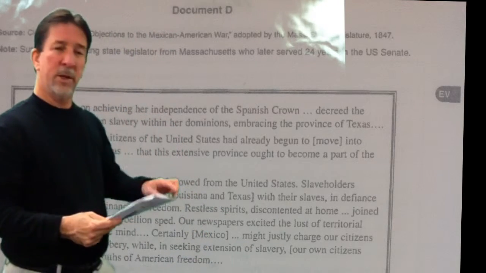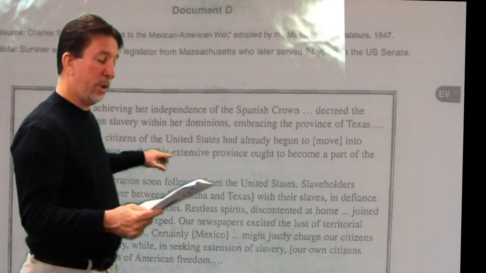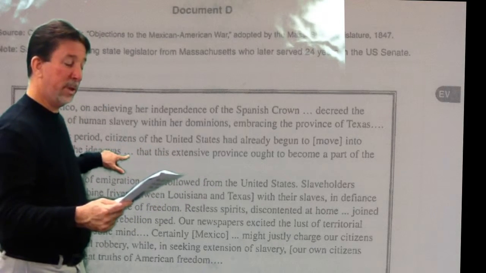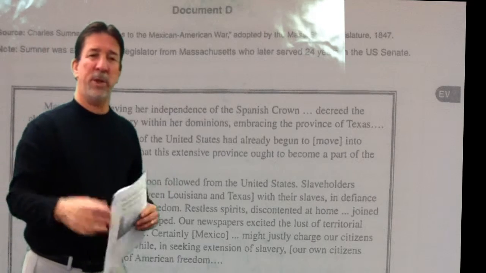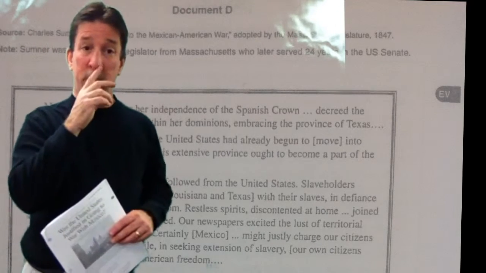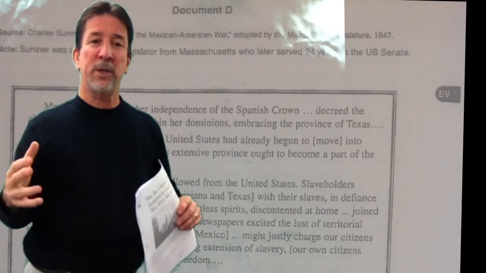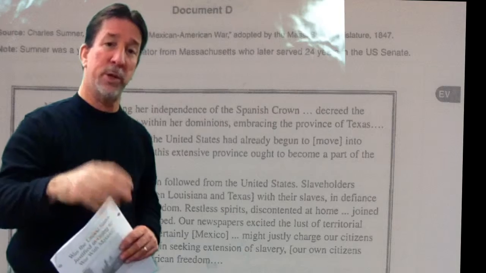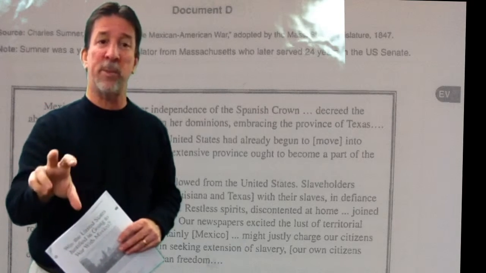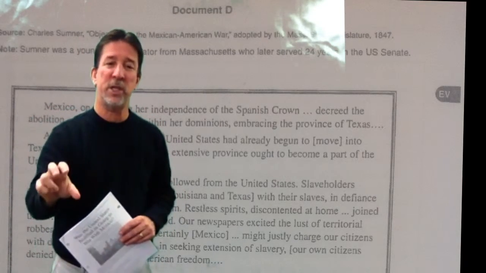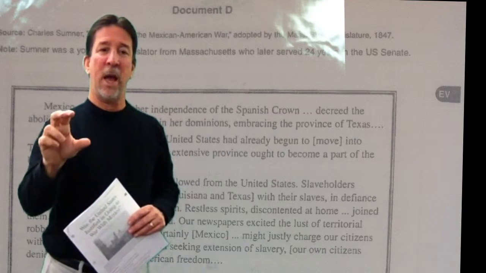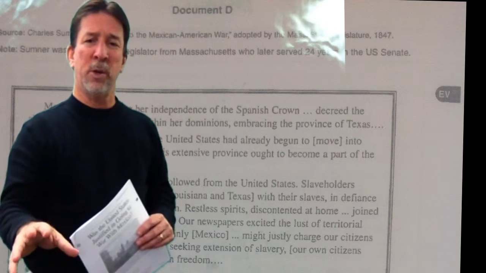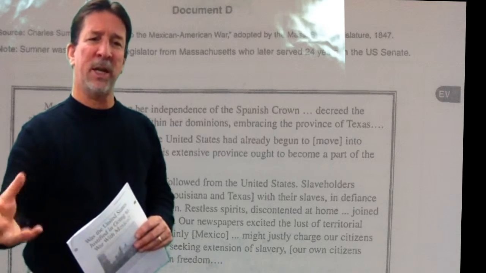Okay, so we see the background information. As we read, we notice he's referring to slavery. This is a period of time in the United States where many people started becoming more cognizant, or began to realize slavery is wrong, especially if you're from a northern state. Now, some background information. Charles Sumner is from Massachusetts, the first state that actually banned slavery and abolished it. It was out of its constitution. So people from Massachusetts typically are against slavery.